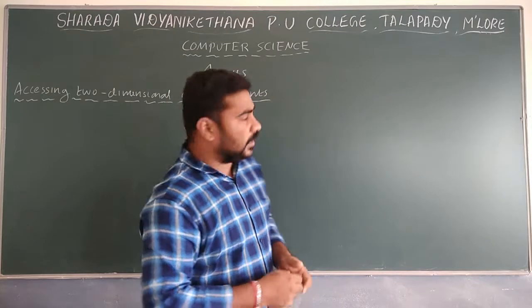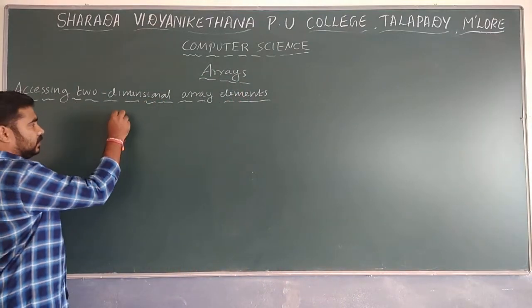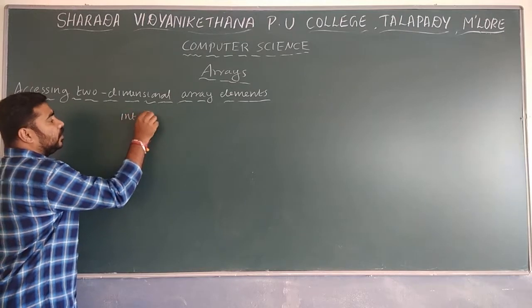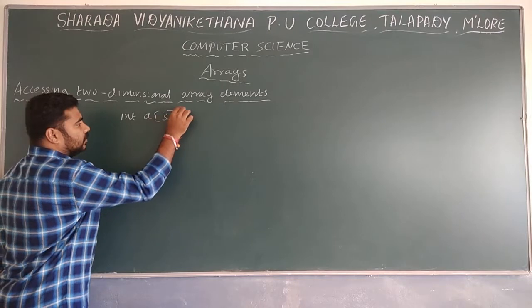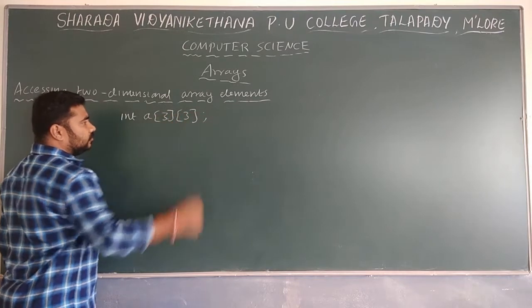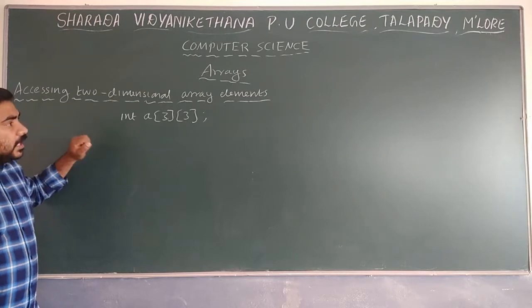For that purpose, we will take one example. First we take one two-dimensional array declaration. That is int a of 3, 3. This much is enough. Now int a of 3 and 3. If you declare this type of